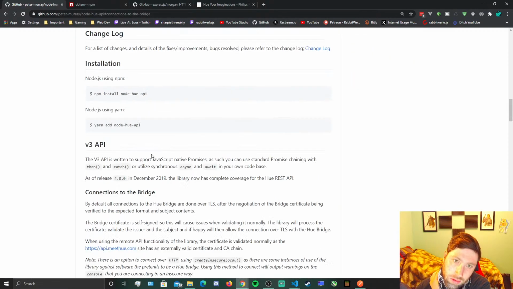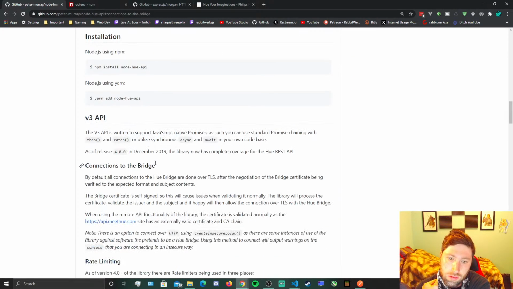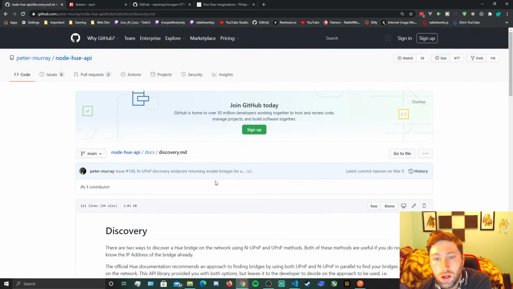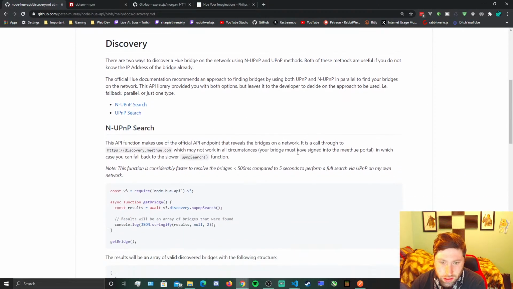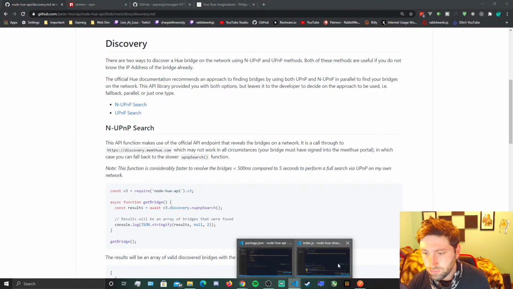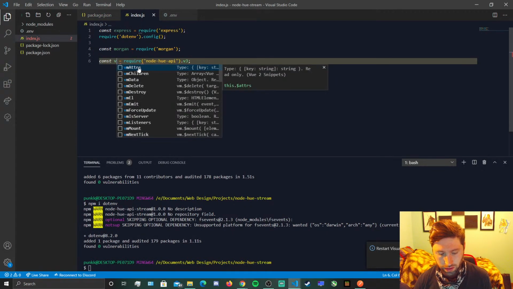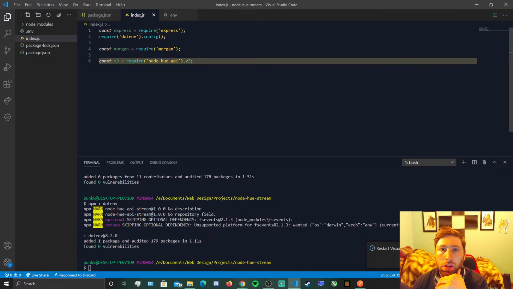Bring it in, connect to the bridge. Discovering local bridge. So they just did, oh, v3. Okay, that's what they refer to it as. Instead of that. All right, and